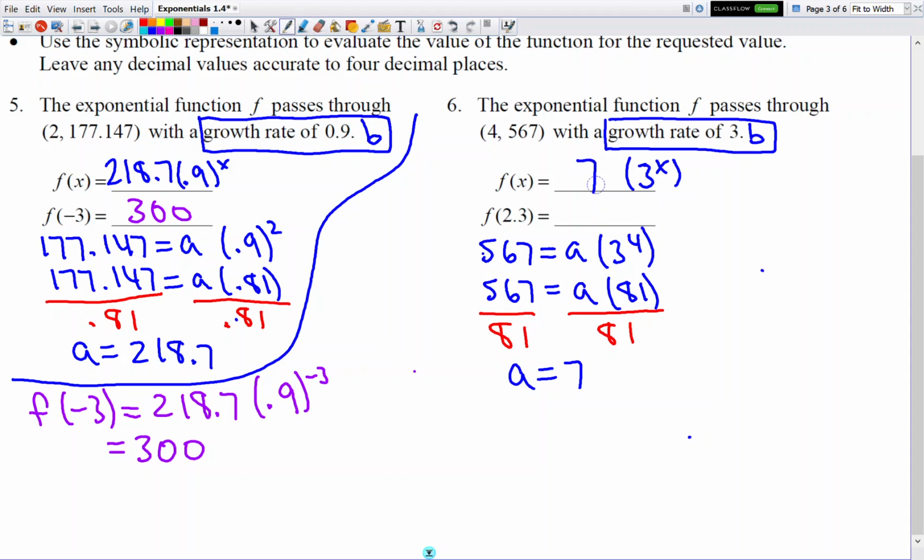Okay, so now they want us to plug in what number? So it says, find f of 2.3. So that's not that bad. I mean, negative 3 I think was worse. Okay, so let's do this. f of 2.3, so that equals 7 times 3 to the 2.3 power. Okay, so punch in all of that all at once, and when you do it, you get